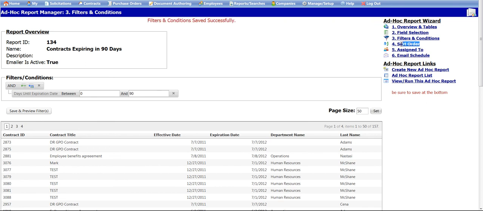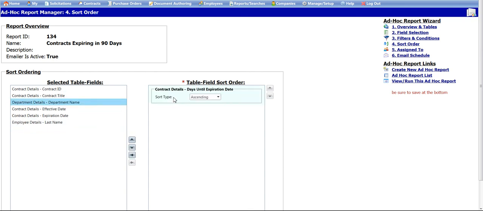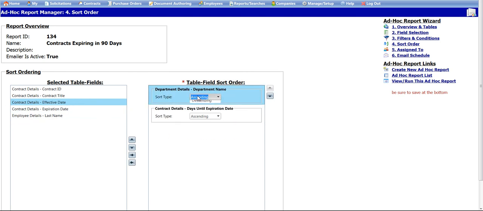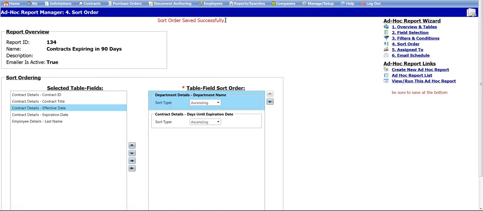The Sort Order screen allows for one or more fields selected in the Field Selection screen to be assigned as a default or starting sort order. To set sort order parameters, move a selected table field line item to the right list, which is the Table Field Sort Order. Once a field is moved to the Sort Order box, there will be a parameter-based area for each field. Each field can be specified as being sorted in either ascending or descending order. Once you have created the desired sort order for your report, click the Save Sort Order button at the bottom